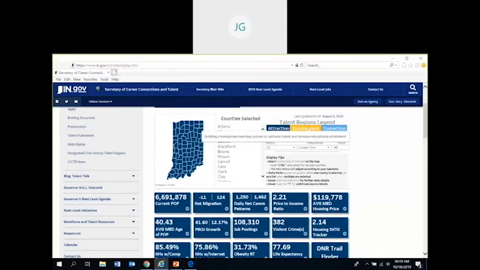The yellow tiles are all data that we are coordinating with development, building a homegrown learning system to cultivate talent and increase educational attainment. And then the light blue tiles are data around coordinating talent with equitable economic opportunities to raise household income and earnings. So if we move over to the map,